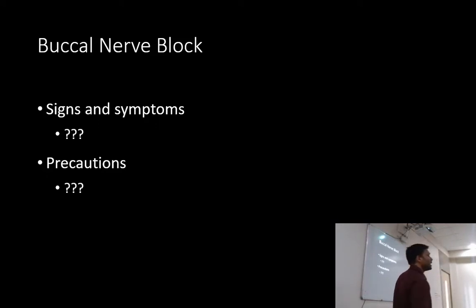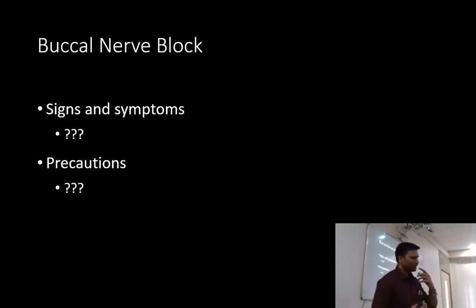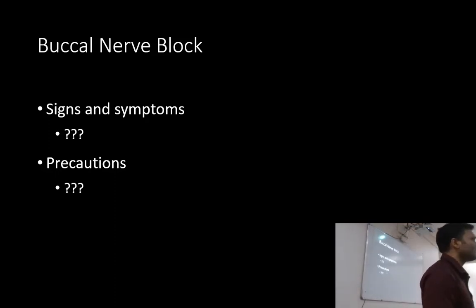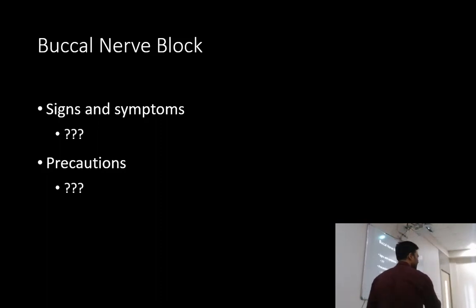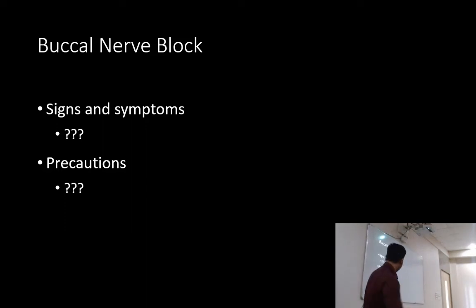So signs and symptoms, patient won't have any subjective symptoms. So subjective symptoms कब होते हैं? When the patient is able to move that part voluntarily. Okay. So if the lip is anesthetized, in case of inferior alveolar nerve, the patient is able to move this part, तब patient को feel होता है. Whereas the buccal region, the molar region, buccal soft tissue, patient can't move it consciously. Okay. So patient won't have any subjective symptoms. So you'll have to just check it with instrumentation. If there is no pain on instrumentation, तो नहीं है, pain नहीं है और क्या.